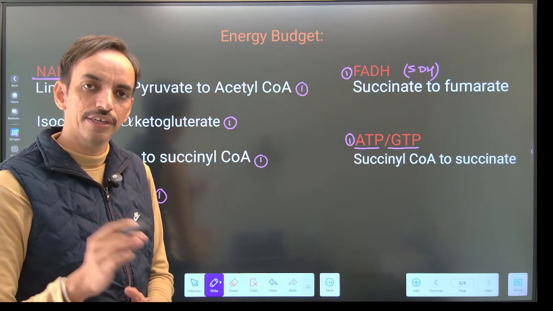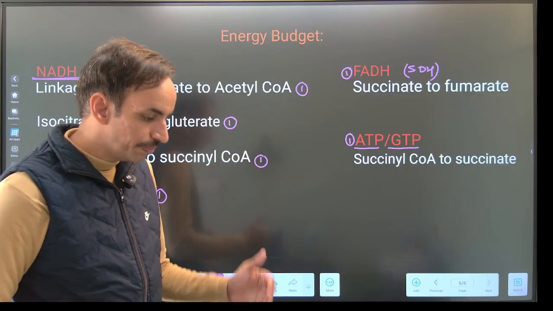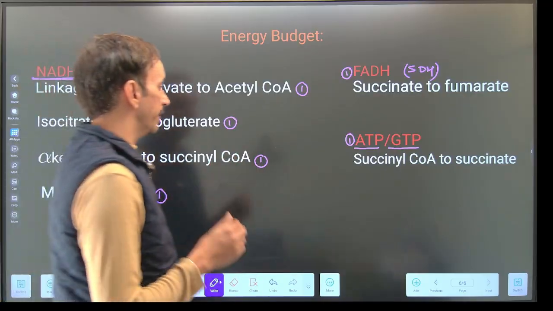तो अगर एनर्जी बजट बनाने की कोशिश करें और अपन कहें कि अपने को